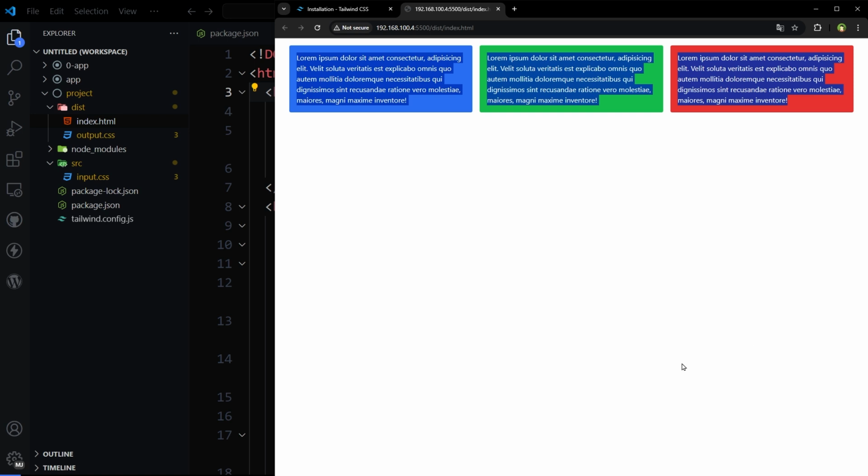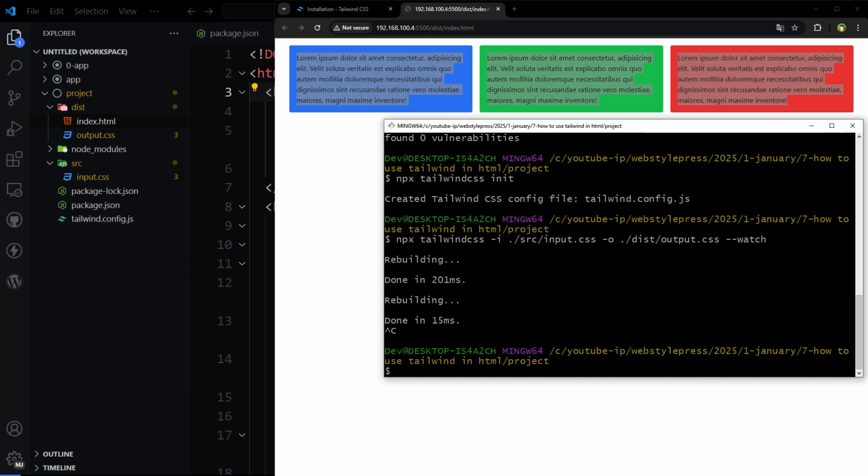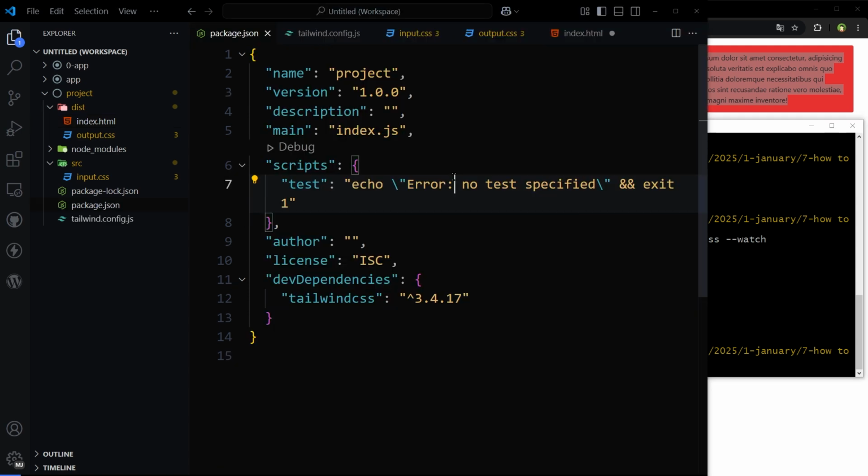Okay, now you can stop watching input.css. Stop this service because our HTML page is using output.css that has all the Tailwind CSS code. In case you need to update Tailwind CSS at any point, then you need a new CSS output file. You can update Tailwind CSS from npm and rerun that command, or better, create a script in the package.json file here,